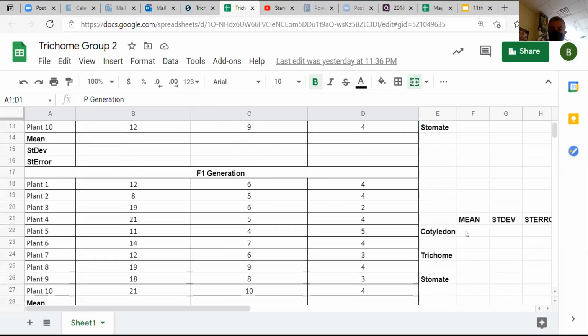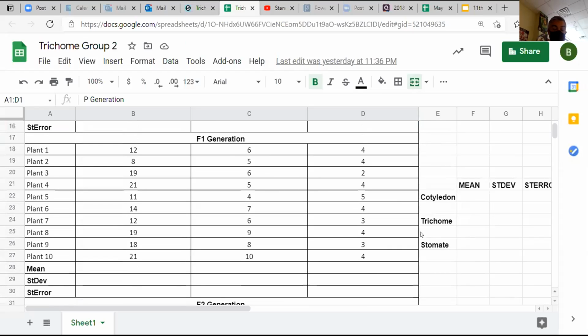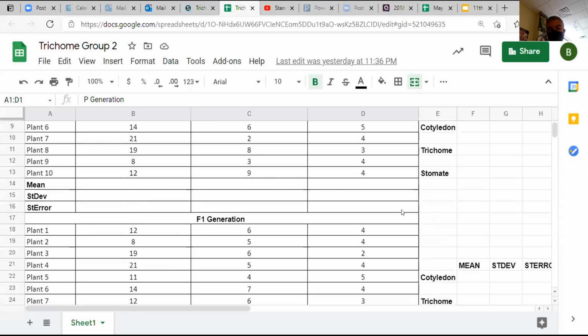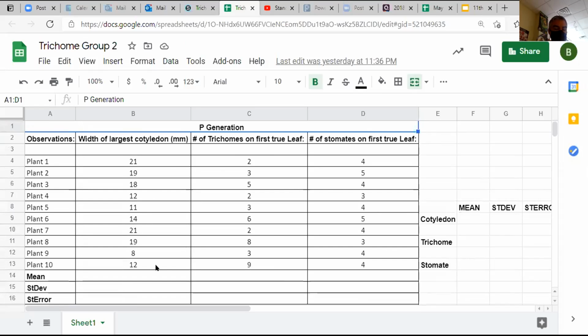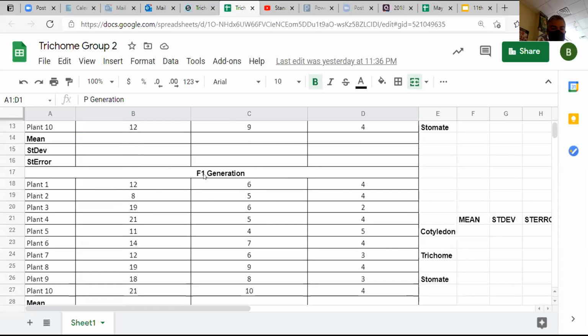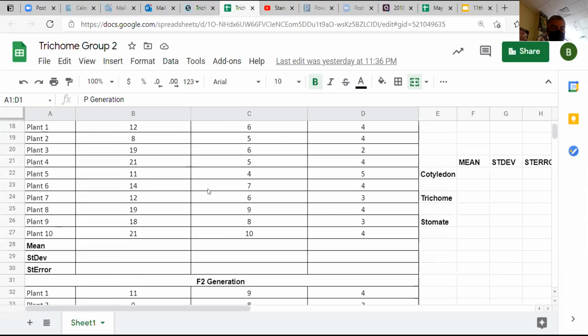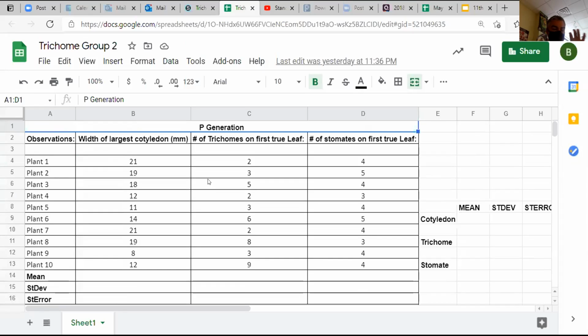So they've got it out to the side. This is how they set it up. And I sort of like how they set it up, and I sort of don't. I think it's good for maybe putting this as how you would put it into your IA, like a really neat little way, because you've got your P generation, your F1, your F2. It's a good data table for just having a data table in your paper, but it's not really good for analyzing. But you can still do it a little bit with Excel.